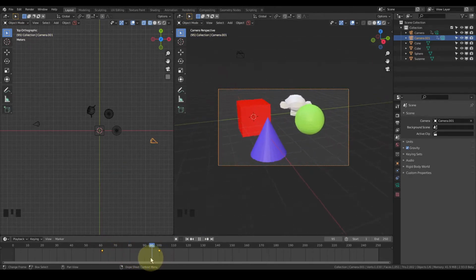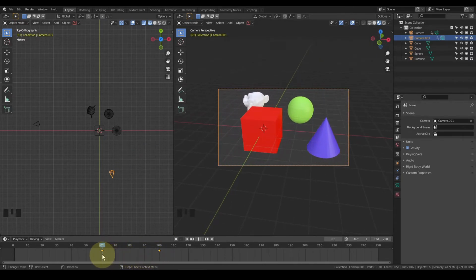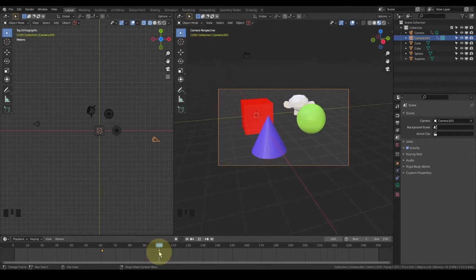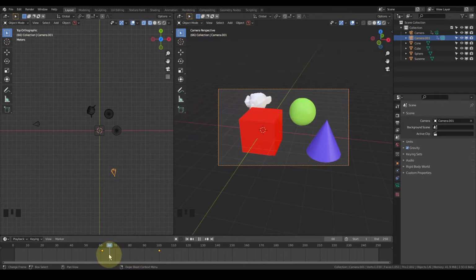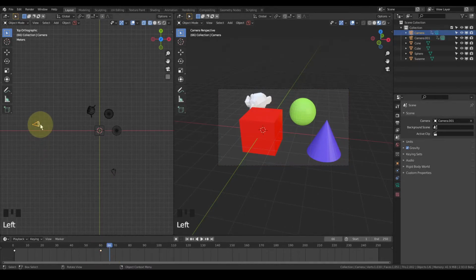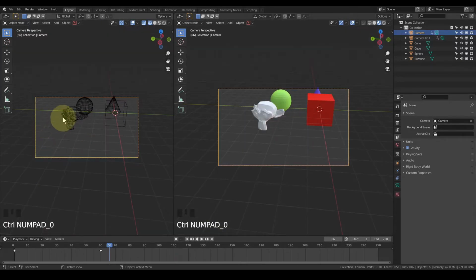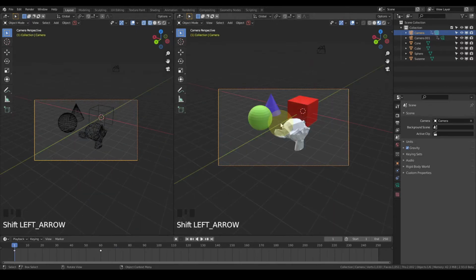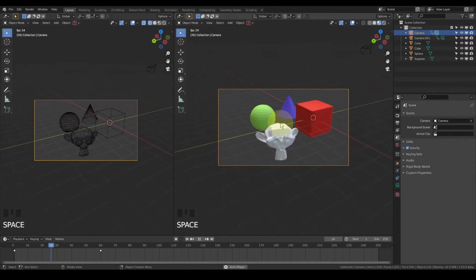I would prefer to animate it using curves. You can find a lot of tutorials to know how to animate the camera using curves. But my point here is to show you how to change the view in the animation. Now, if you render it, it will render only this camera, only the active camera actually. So currently this camera is the active one, so it will render only this camera.